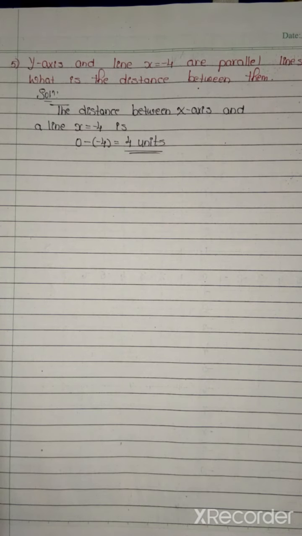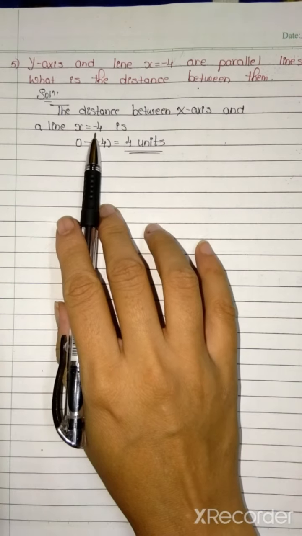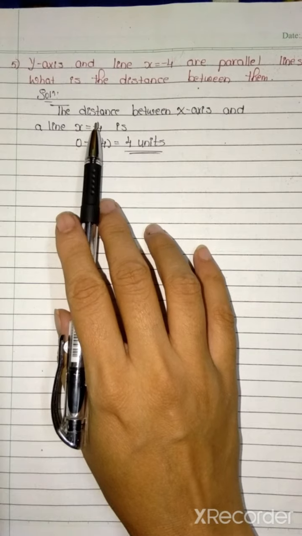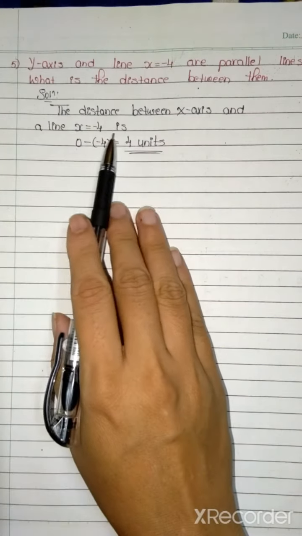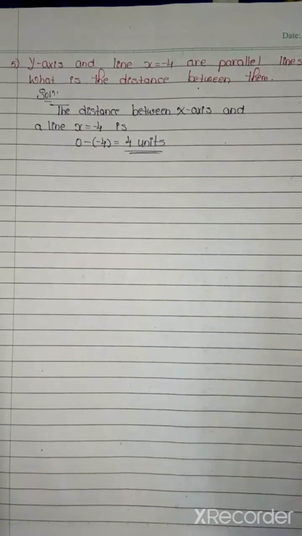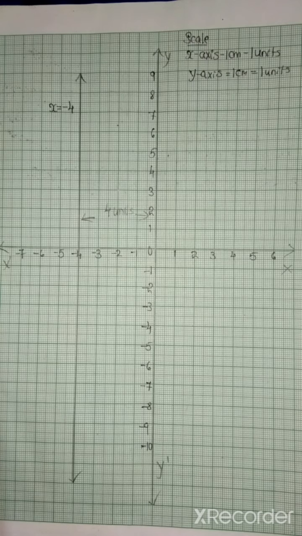The distance is 4 units but does it come on the right side or left side? यहाँ पे x इक्वल टू -4 आया है, दैट्स वाई इट कम्स इन लेफ्ट साइड. सो जो नेगेटिव साइड है उस साइड आता. अगर यहाँ पे +4 होता तो राइट साइड में आ जाता. सो हियर 4 यूनिट डिस्टेंस में लेफ्ट साइड ऑफ द y axis there is a line which is parallel to the y axis. So here draw the graph for that.